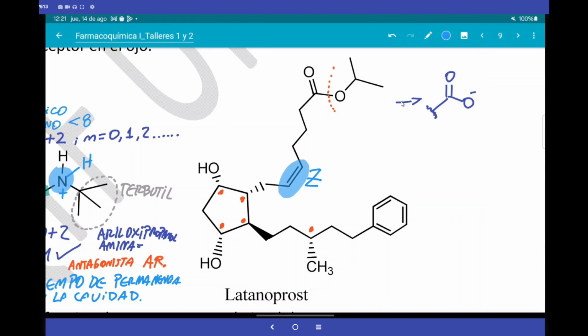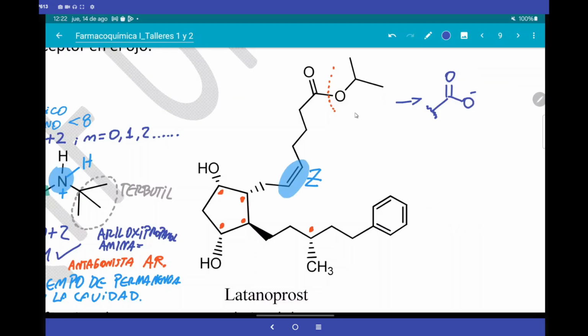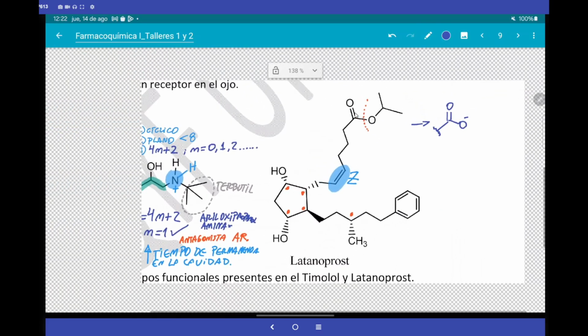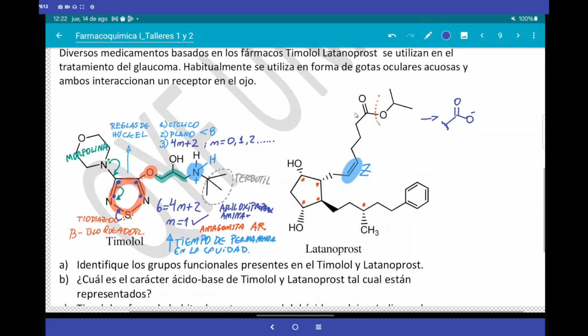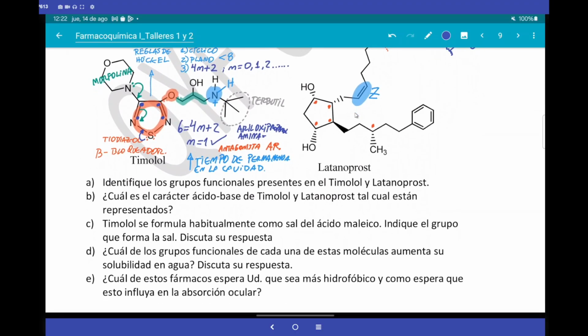How do you see the solubility of the compound? Very well, super low, because it has too much carbon and few functional groups. The most polar are the hydroxyl, with 3 carbons, and an ester with maximum 2 carbons, almost nothing. Perfect, and that allows it to go through the membranes and get inside the humor. Lastly, we identify the functional groups that are more hydrophobic, and we already know that it would be more hydrophilic if formulated as a salt.